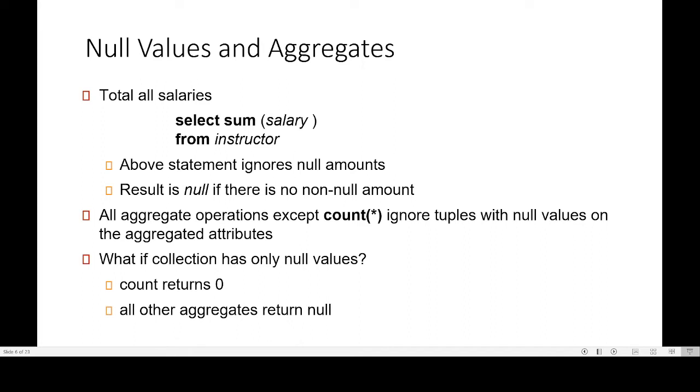So here, if this one says sum, the aggregate function is used as sum, so it ignores the null amount. So finally we will be getting the result as null if there is no non-null amount. Then if there is no non-null amount, the result will obviously be null in this particular case. And for other aggregate functions, it will be ignoring